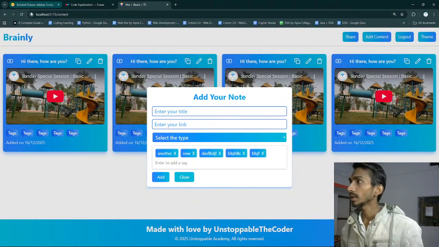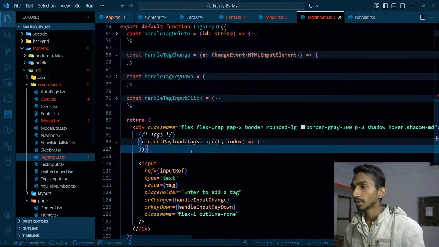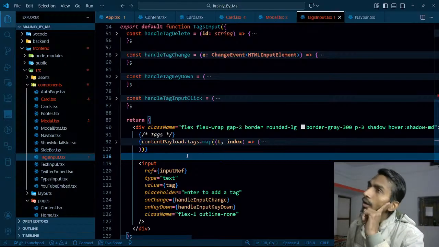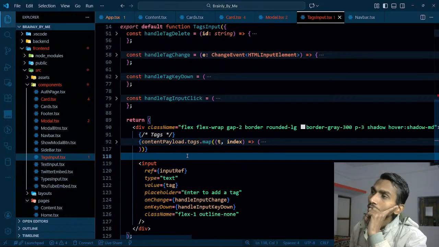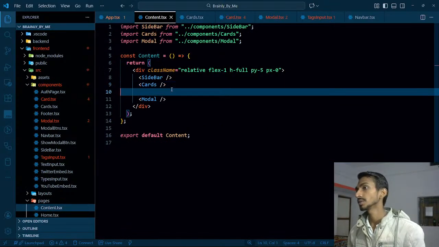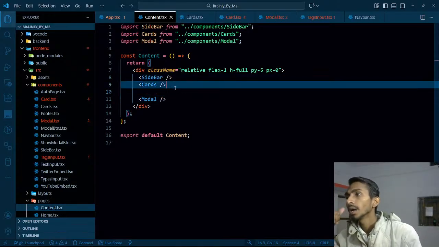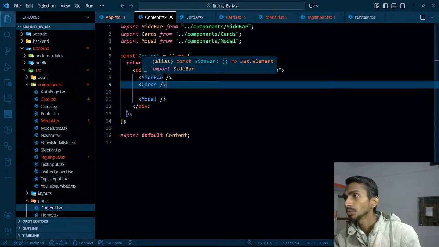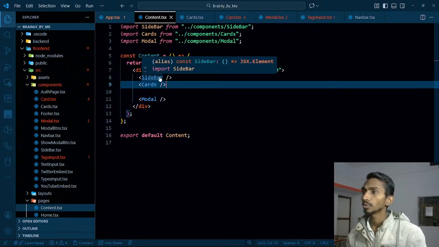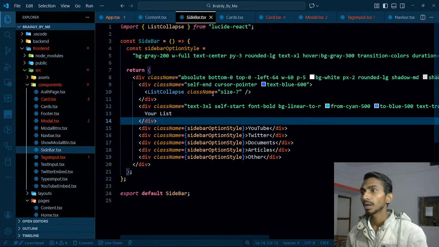And okay, what can be done next? Once I have solved this particular thing, the next thing is the content payload. This is the content. I have three things inside that. I have my model, I have my sidebar, I have my cards. Let's work on this sidebar functionality as well. The functionality is going to be something like this inside. Let's go inside this, and I have these many things inside this. And what I want to do is